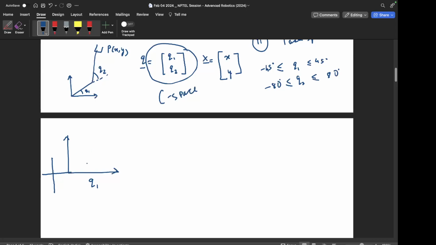So q1 can take values from here to here, let's say, and q2 can take values from some limit to some limit. So this shaded region is all the possible combinations of q1 and q2 that lie in there. So that's the C space of this system, right? And